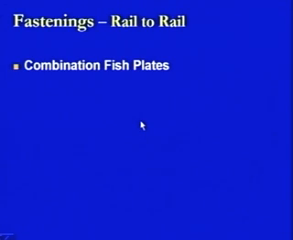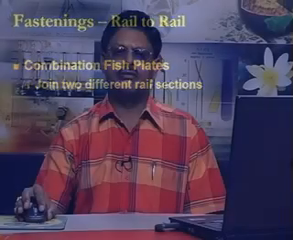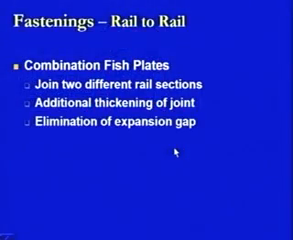Now, another type of connectivity between the rail to rail section is the combination fish plate. The combination fish plates join 2 different rail sections. There are certain conditions or locations where the 2 rail sections which have been jointed together are not of the same size or sectional area. So, in that case we have to use combination fish plates. In the case of combination fish plates, there will be additional thickening of the joint, and the elimination of expansion gap will be there,